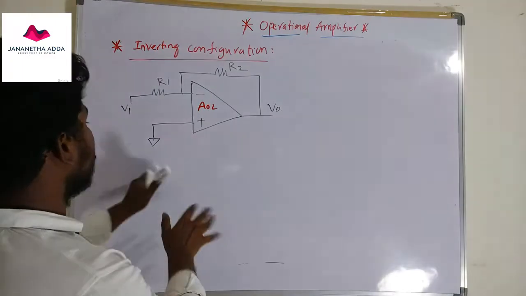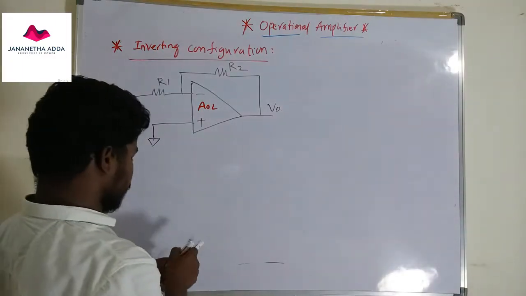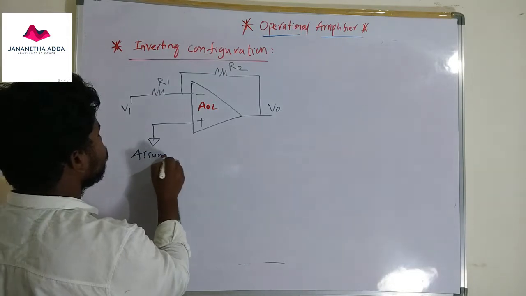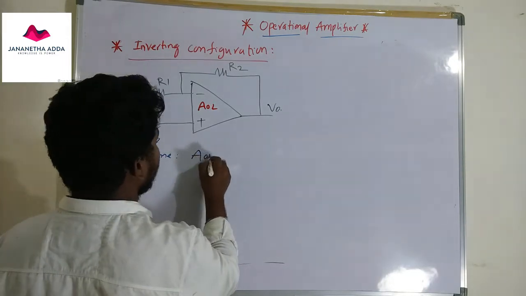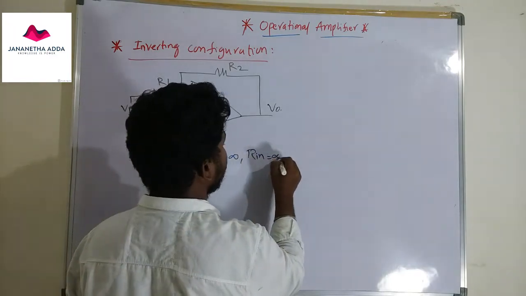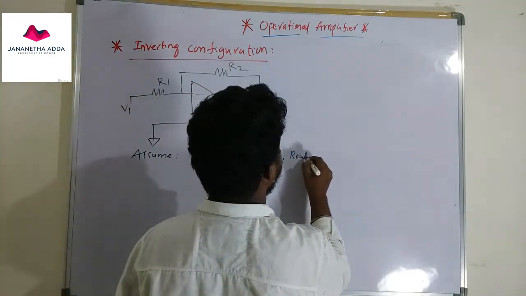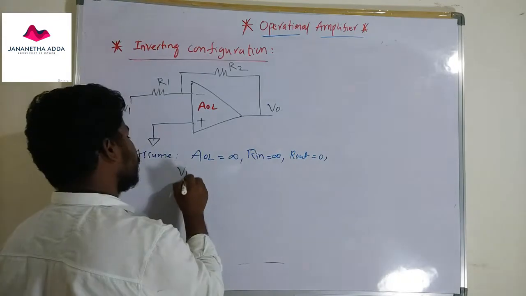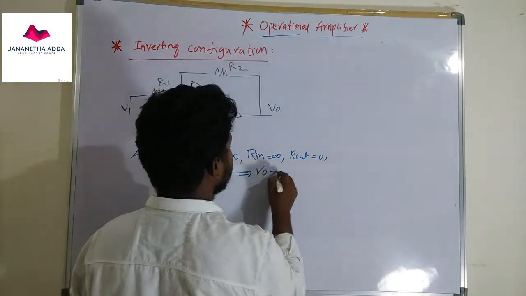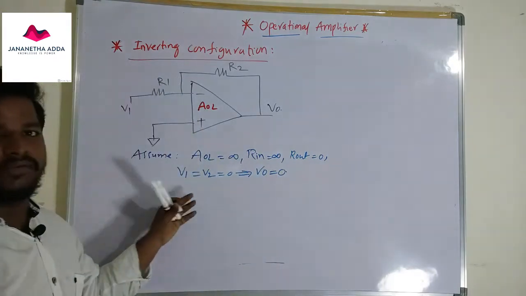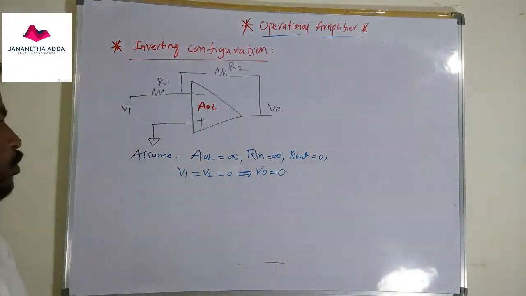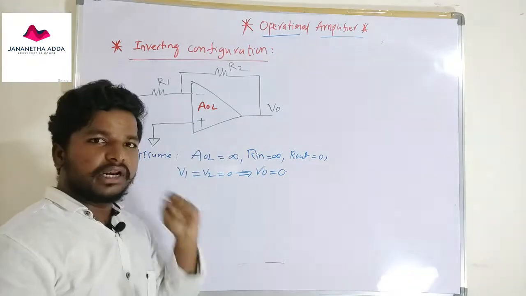So I am assuming that it is an ideal operational amplifier. Assume it has an open loop gain of infinity, an input resistance of infinity, and an output resistance of 0 ohms, and also that V1 equal to V2 equal to 0 would produce a V output of 0. All the ideal characteristics are applicable here, and also because of having an infinite open loop